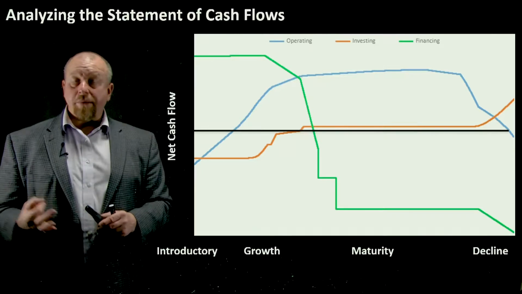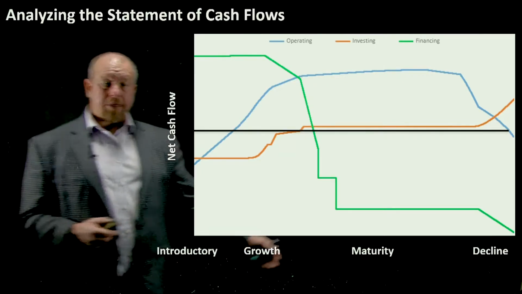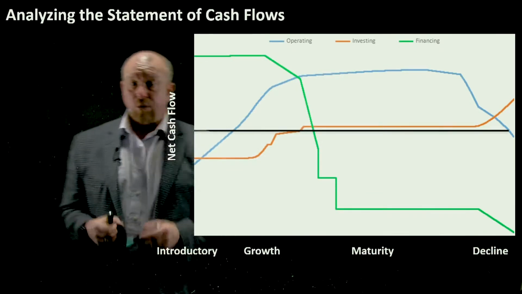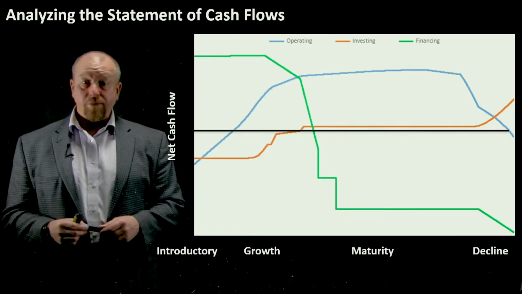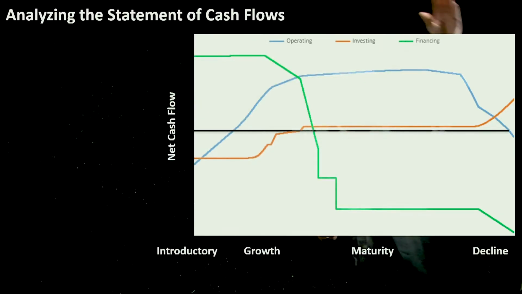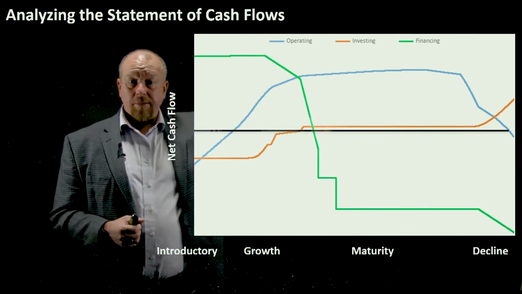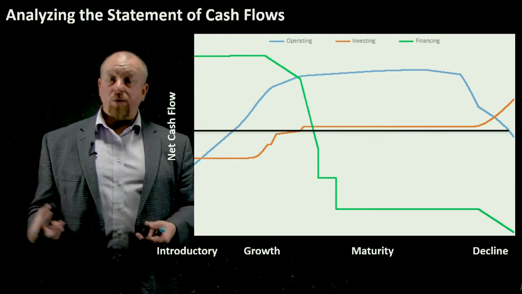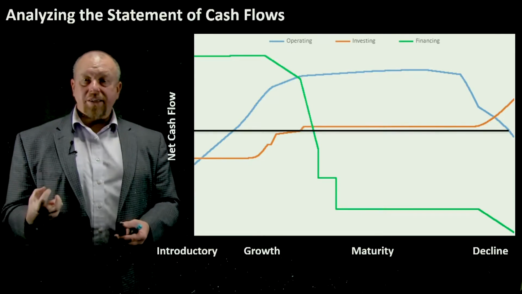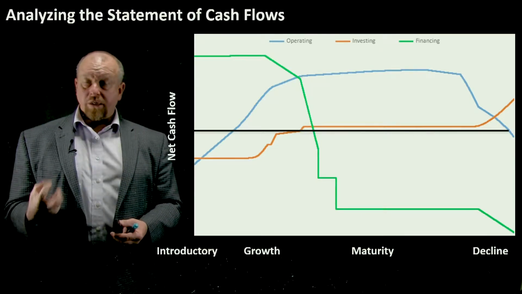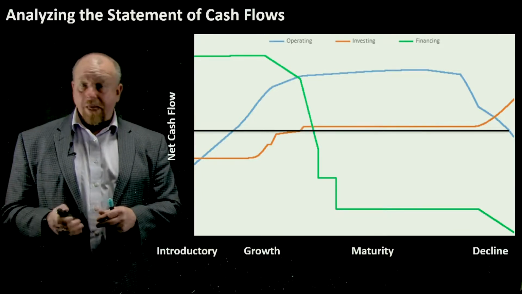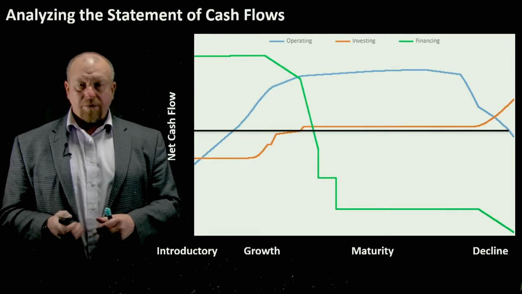Now, eventually, if a company comes to a decline phase, look what's happening on the very right-hand side here. During the decline phase, you would expect operating cash flows to suffer, and we are seeing that. Over here, the operating cash flow is declining. The investing cash flow actually becomes sharply positive. That's because we're selling our infrastructure. We're selling equipment, selling buildings. We're selling the things that we used to use to generate profits. And we're going to receive some cash for that, some kind of salvage value. There's a little bit of liquidity.